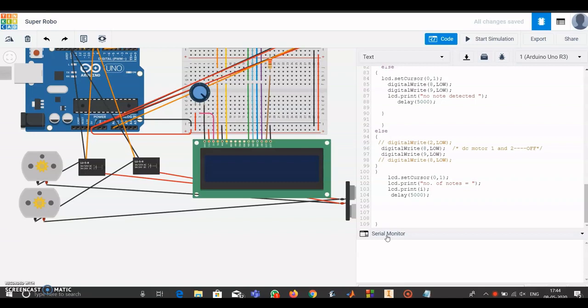According to the code, 12, 11, 5, 4, 3, and 2 digital pins are outputs for LCD display, and 0, 8, and 9 are digital pins for DC motor. Initially, the amount and count values are assigned to 0. 0 and 8 are the output values for first DC motor, and variable R determines the analog signal.